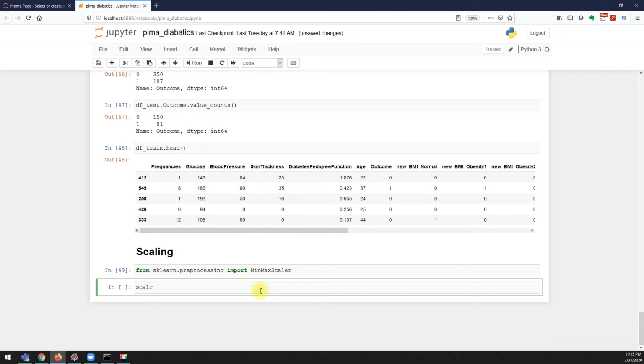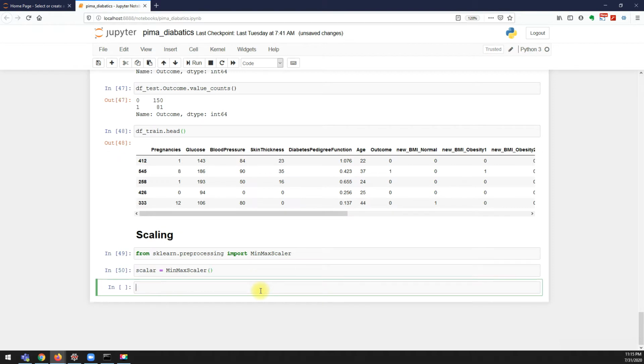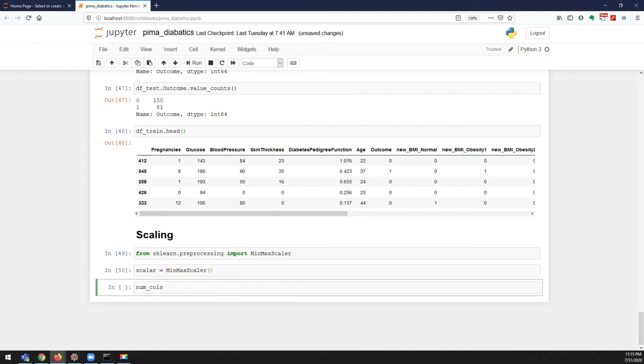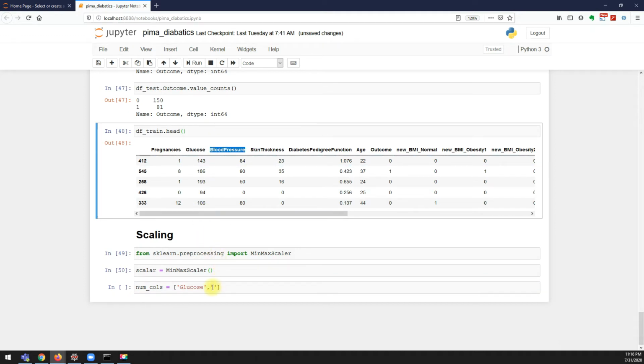So I'm creating an object called scaler. Obviously, I can do scaling on the numerical columns. I'm just identifying glucose and blood pressure where I need scaling, and I'm ignoring skin thickness. So numerical columns, sorry, is equal to glucose, comma, blood pressure.